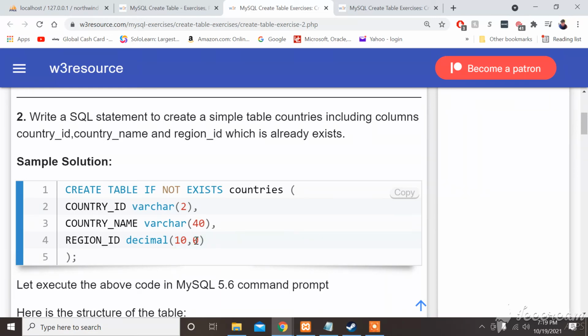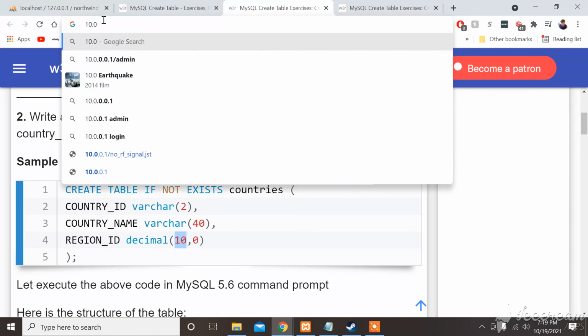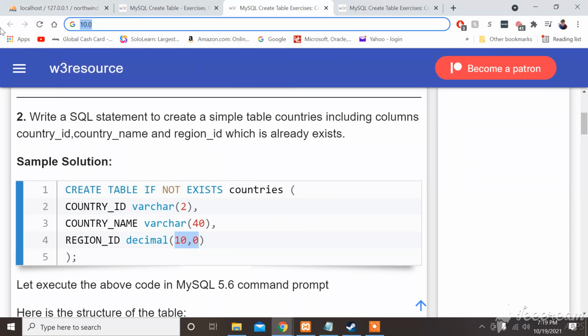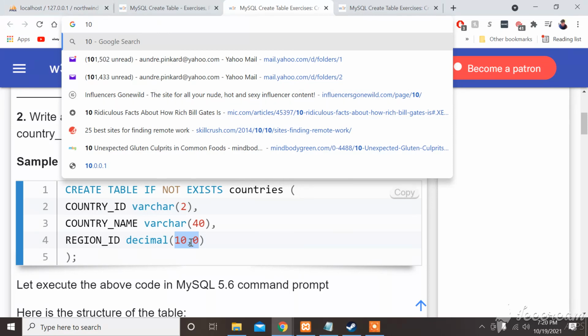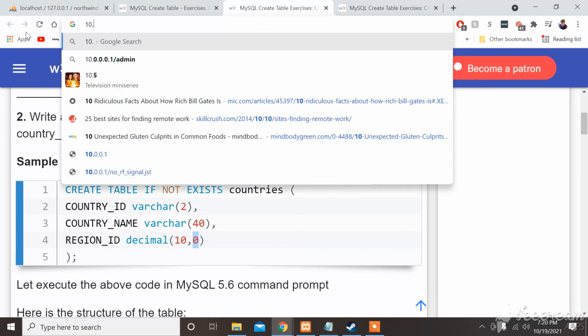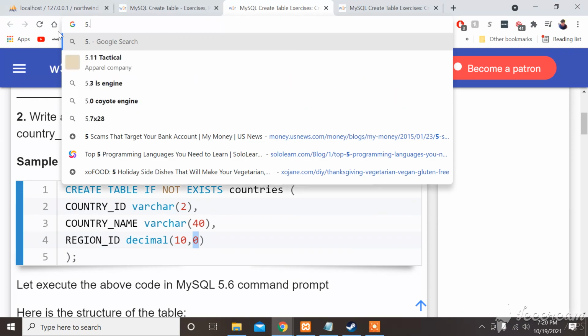When the decimal is 0 at the end, you usually see nothing but the whole number. So this would be exactly like 10.0. That's basically what this would be. Or you could think of it as 10. And then if this was like 45, then it would probably be like 10.45. I kind of forgot, but I have to look. Or if this was 35, then this would be 10.35. Or if this was 10.01, then this would be 10.01. Or if it was like 5.07